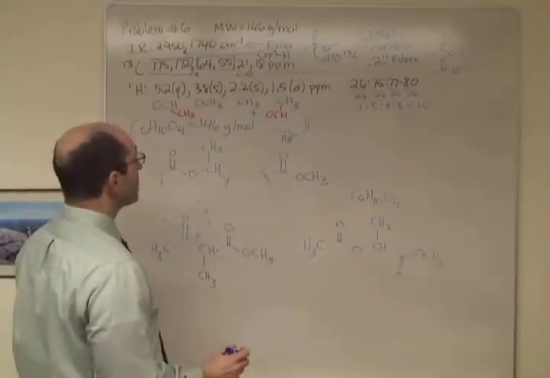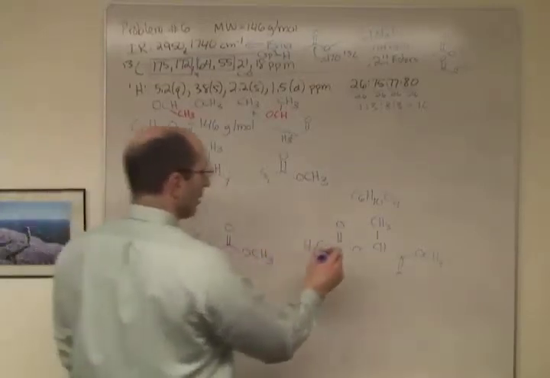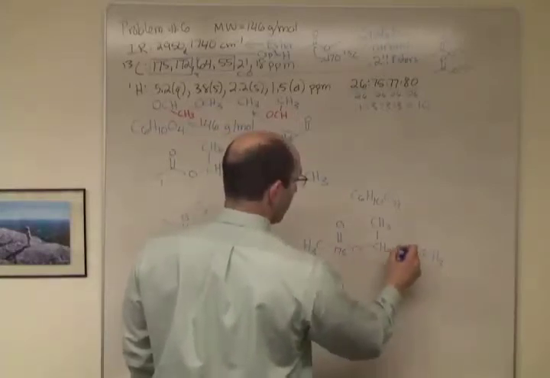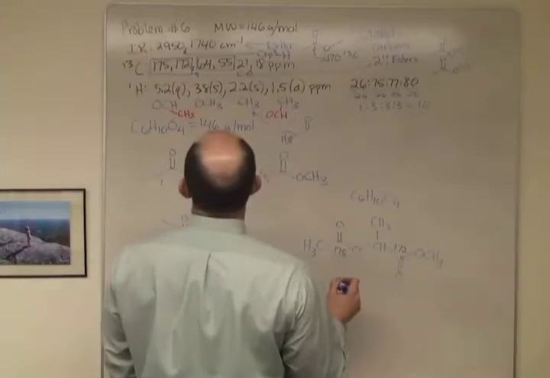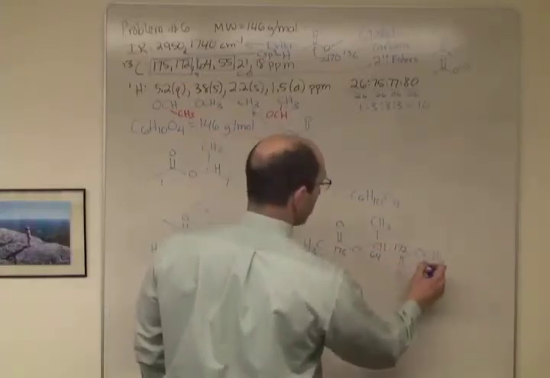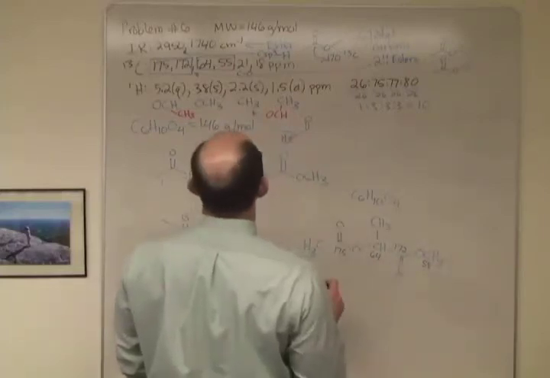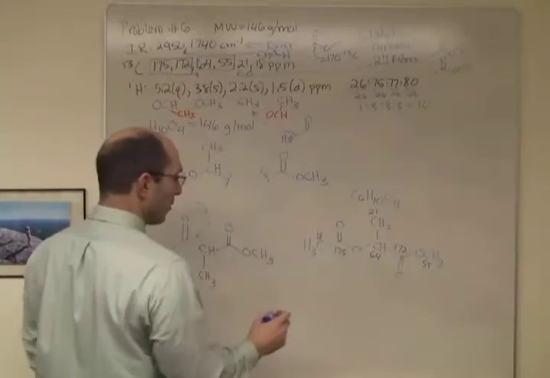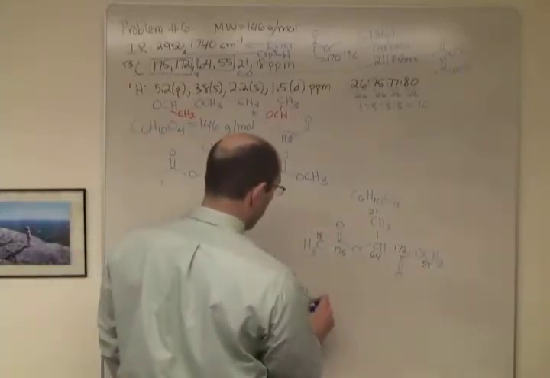If we want to verify this, we can look to the carbon NMR. So one of these is going to be 175, the other 172. This one, carbon, is probably going to be 64. This one will be 55. And then 21 and 18, it doesn't really matter. You can interchange those. And if we look at the proton NMR,